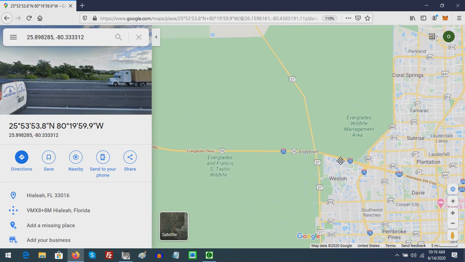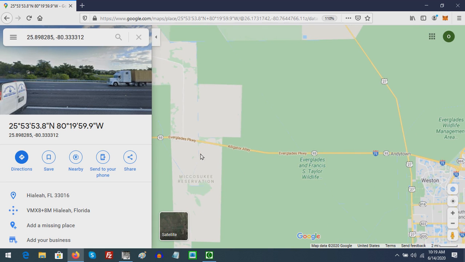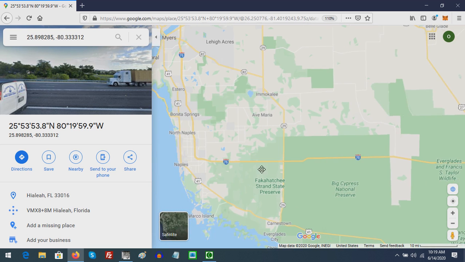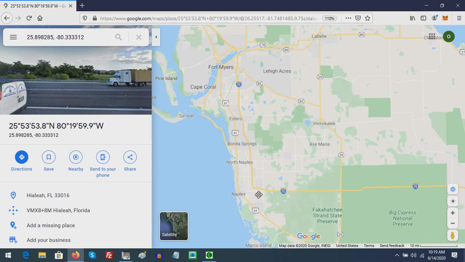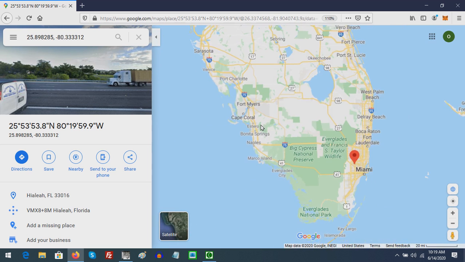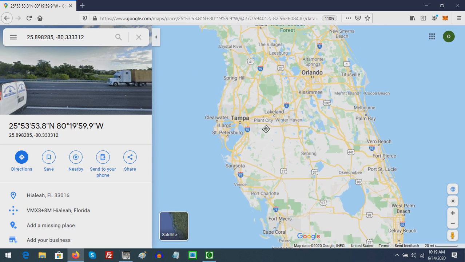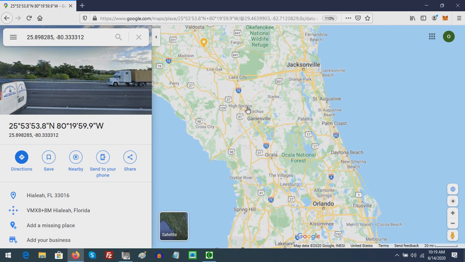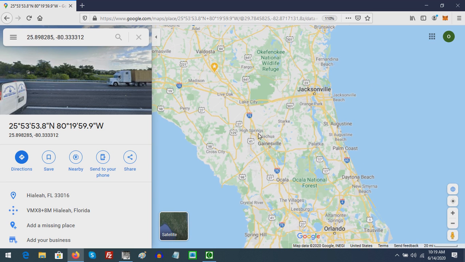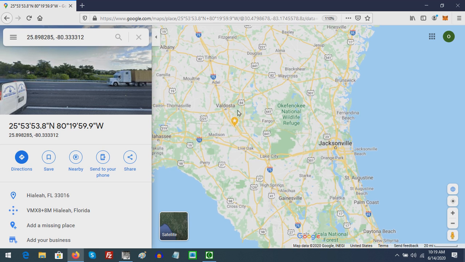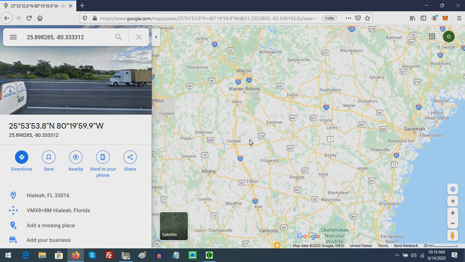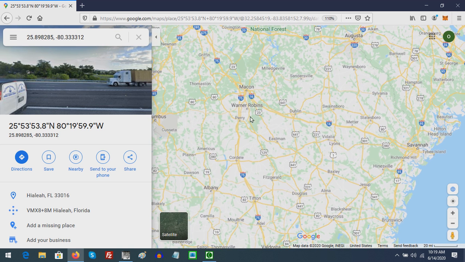all the way up on 75 as it goes from the bottom of Florida all the way up into this area right now. That's where I'm at, somewhere up around in the upper part of Florida. And I'm going to continue to record the latitude and longitude of all of I-75 all the way up